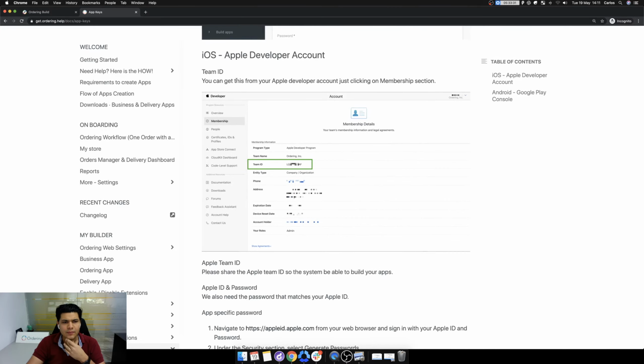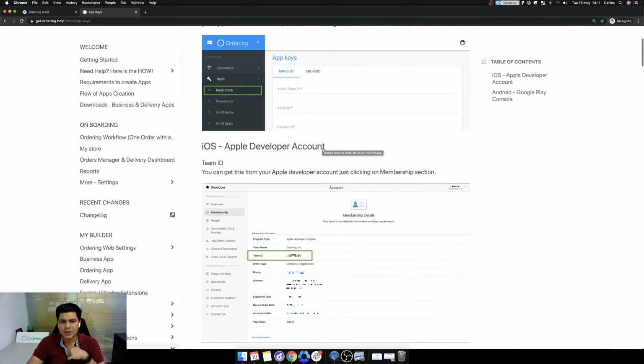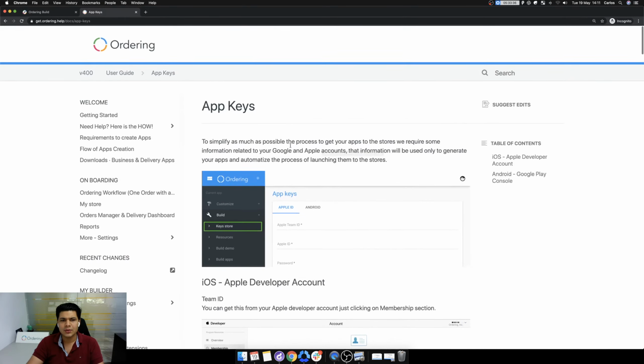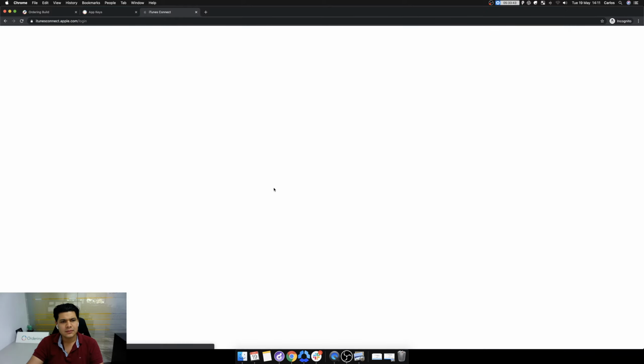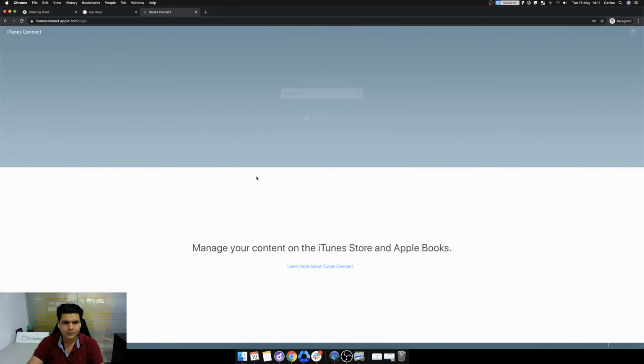Okay, so to get the Apple developer account, you have to get in the iTunes Connect here, then log in, and it'll show you a few options. Let me show you how to get here.